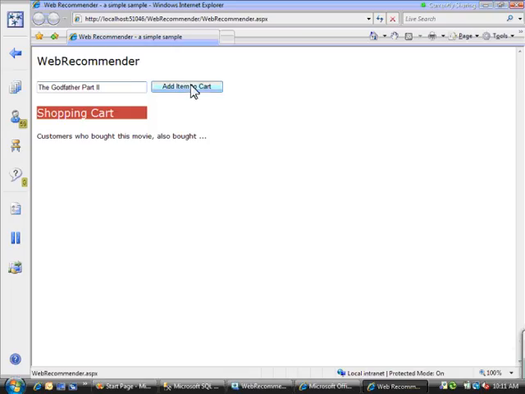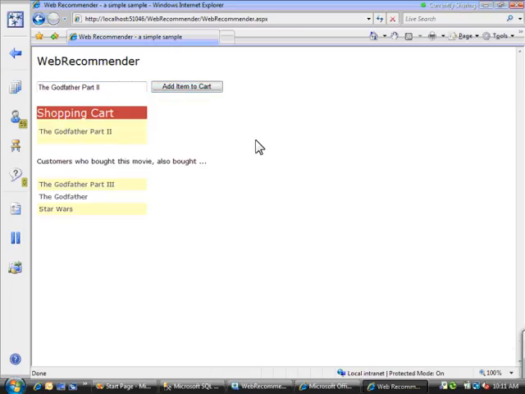I'm going to add this item to my shopping cart, and when I add the item to the shopping cart, the recommendation engine comes back and says customers who bought Godfather Part 2 also bought Godfather Part 3, The Godfather, and Star Wars. And so this is an interesting case for me. I can say, okay, well, if I enjoy Godfather Part 2, maybe I'll enjoy Part 3 and The Godfather, the